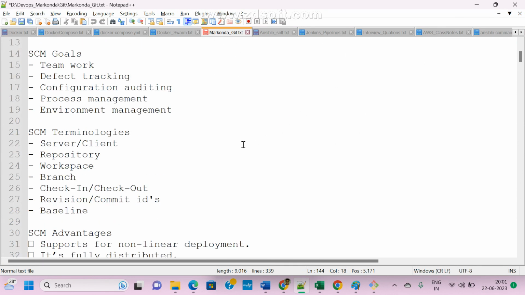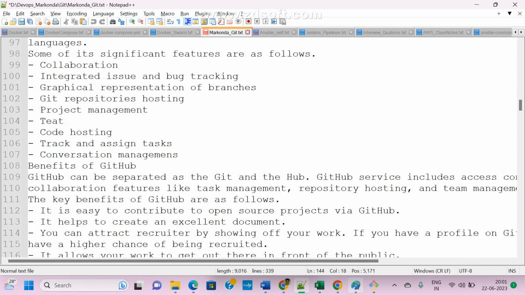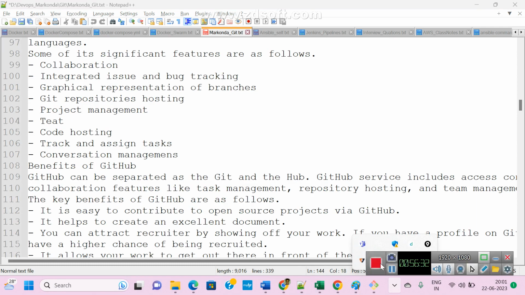Sir, just one doubt: if you want to remove any committed files or unstaged files,